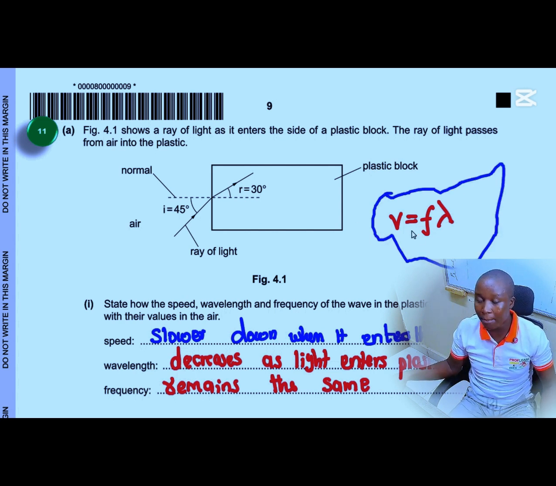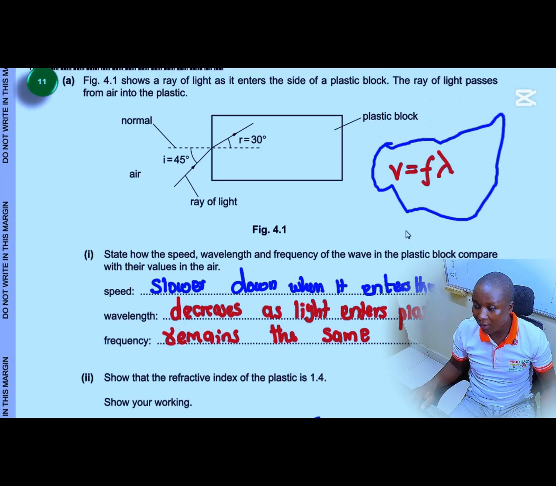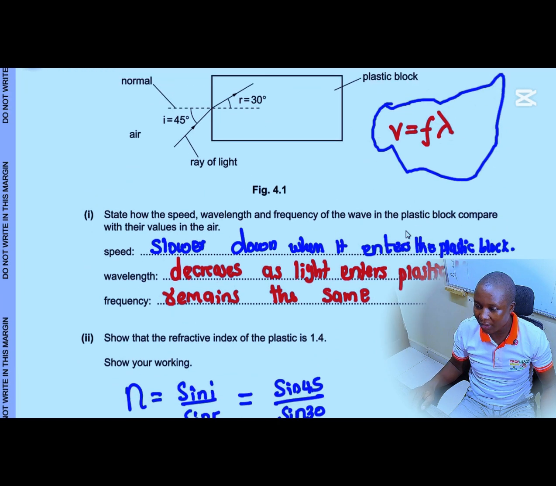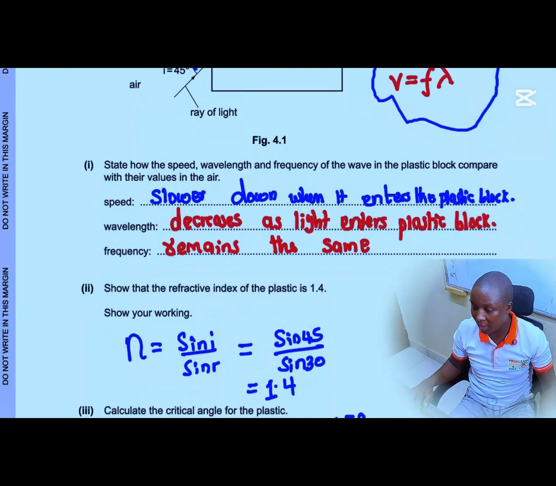So you need to remember also this wave equation. To work out the refractive index, you use the formula n equals sin i over sin r. In this case, we have sin i and sin r, the angle of refraction, at this point. So it will be sin 45 divided by sin 30,